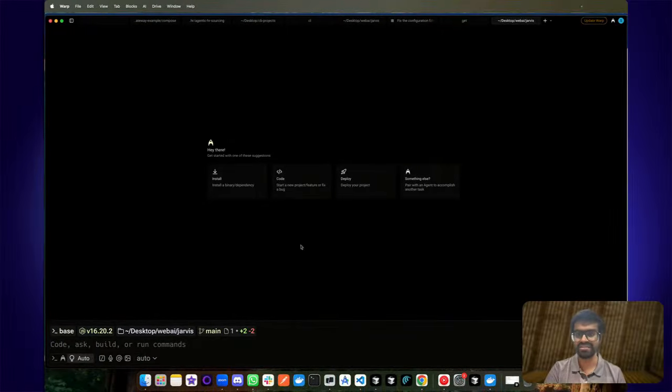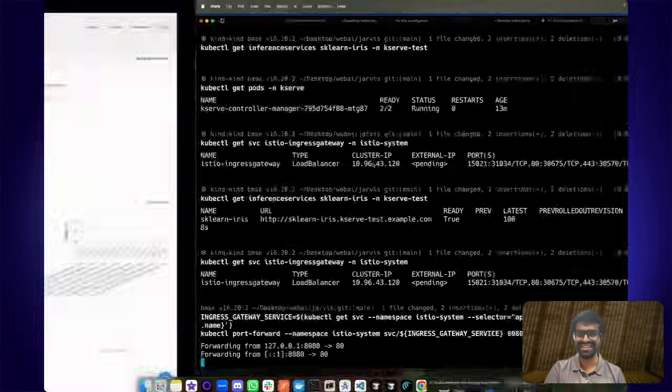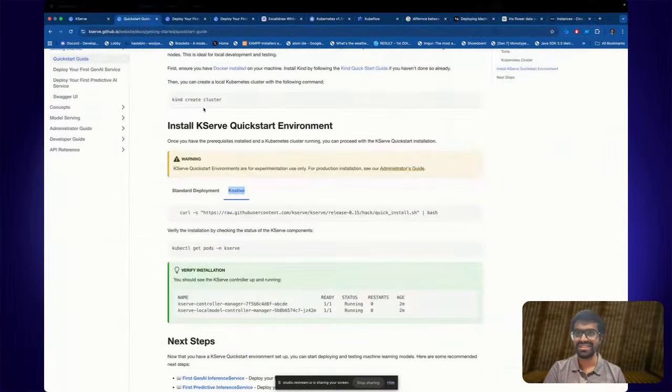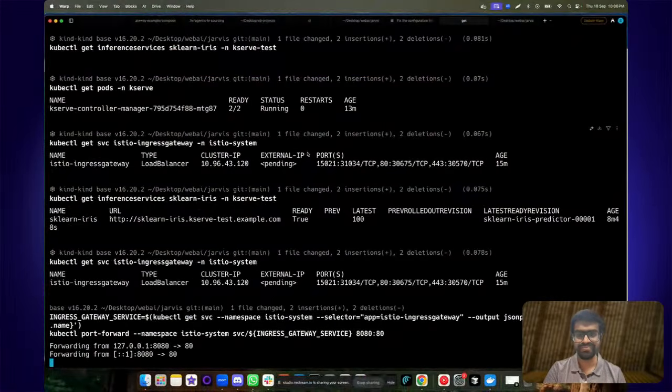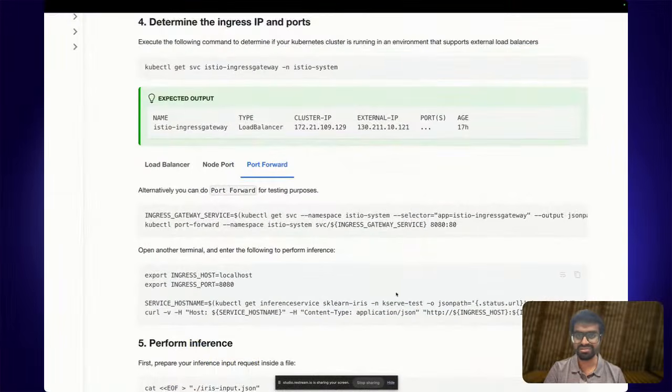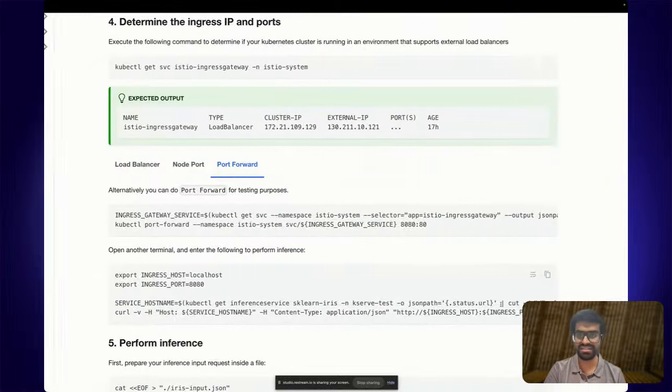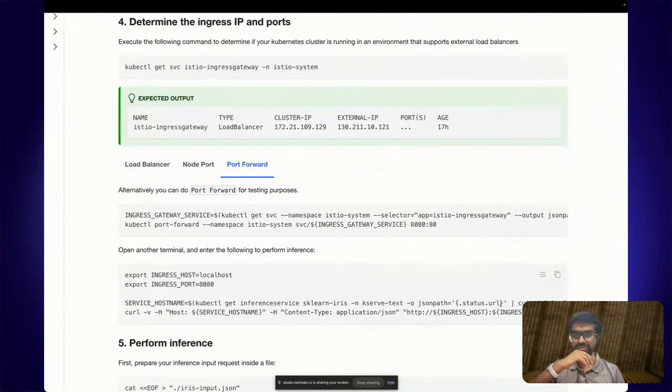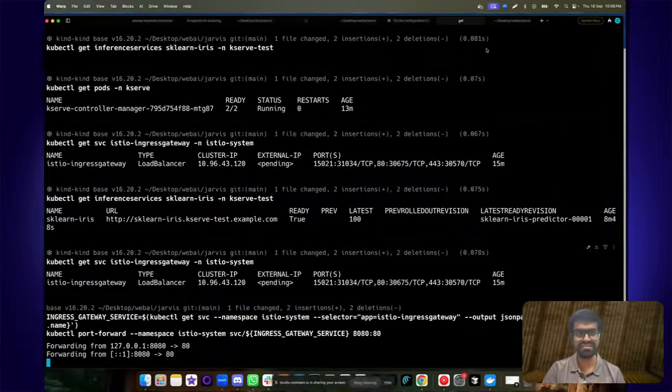Oh, actually, I can do that locally. My bad. Okay, you can ignore that. Okay, so in another terminal, you should be able to run this to perform the inference. So let's try that.